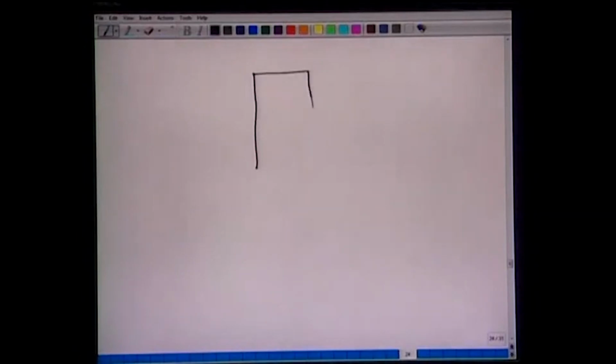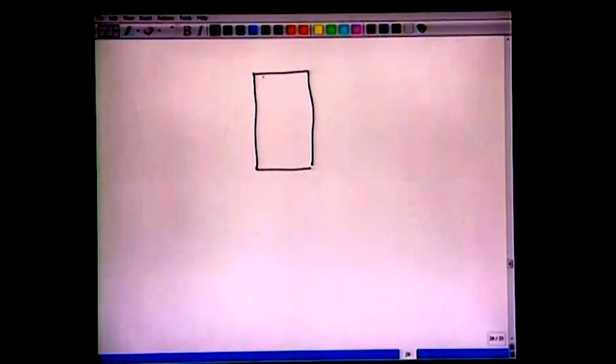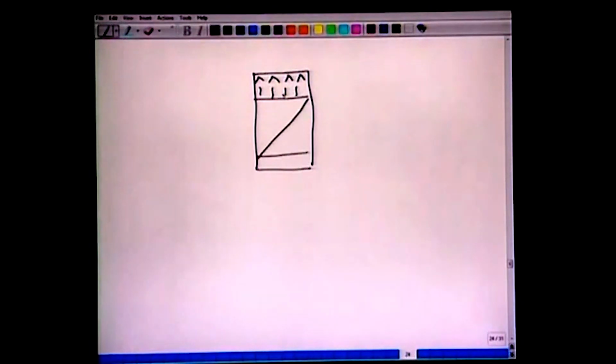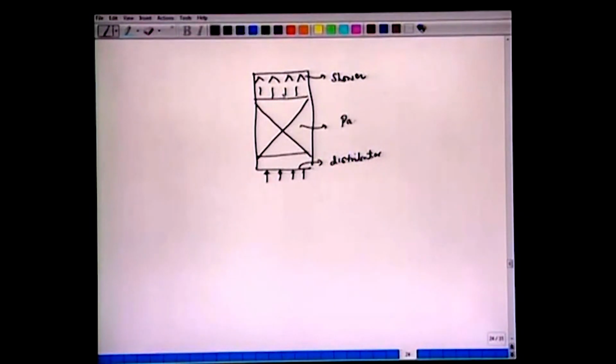So typically if you draw here, you have a column, then you have a distributor. So there will be a shower like this. All right. So the liquid will trickle from here, it will go through this packed bed, and here you have gas going through this. So there will be some distributor here. So you have a distributor, you have a shower, okay, and here you have this packing material,